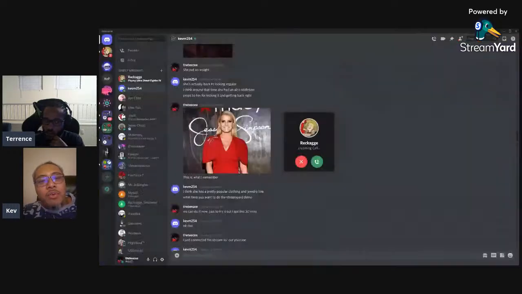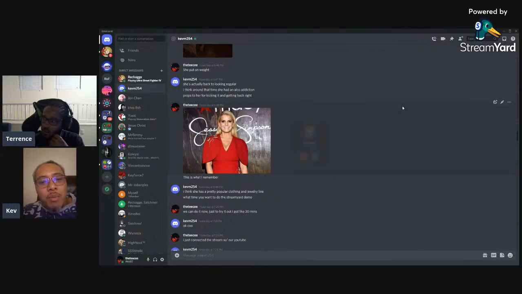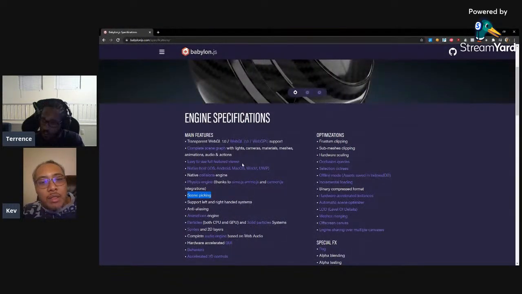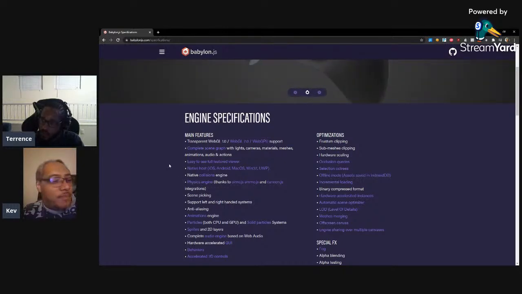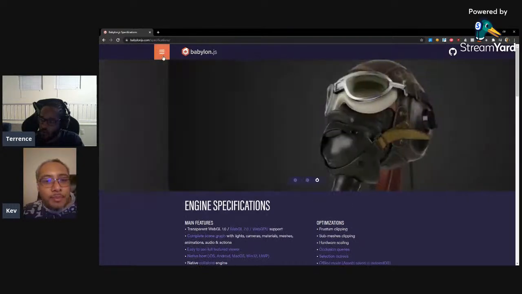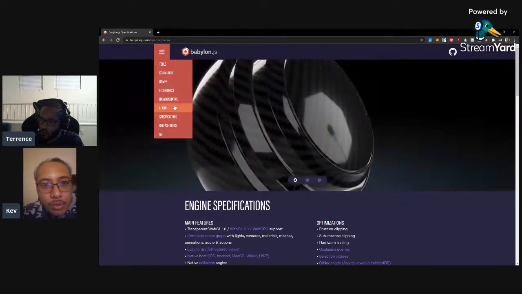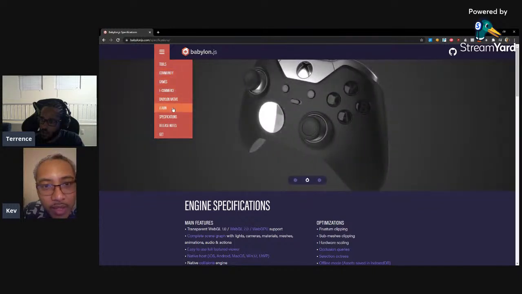If you go to the hamburger menu, they also have a little playground where you can edit things in real time. Do they have one that says playground or anything?